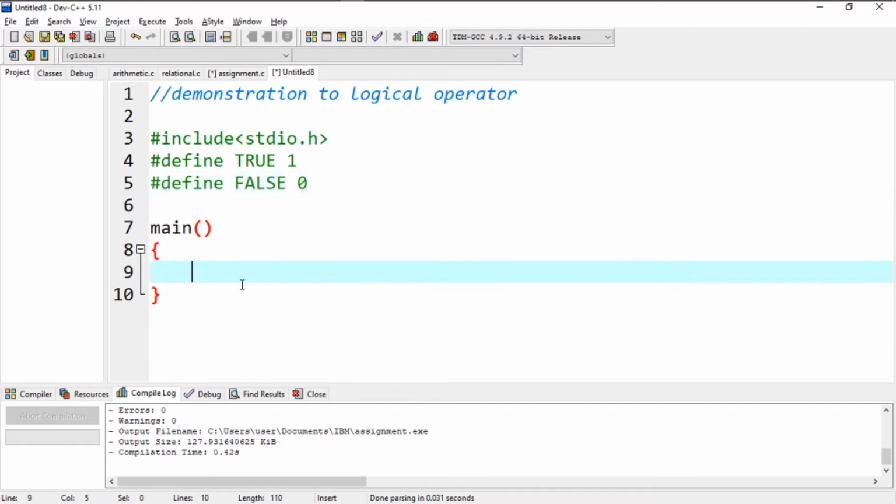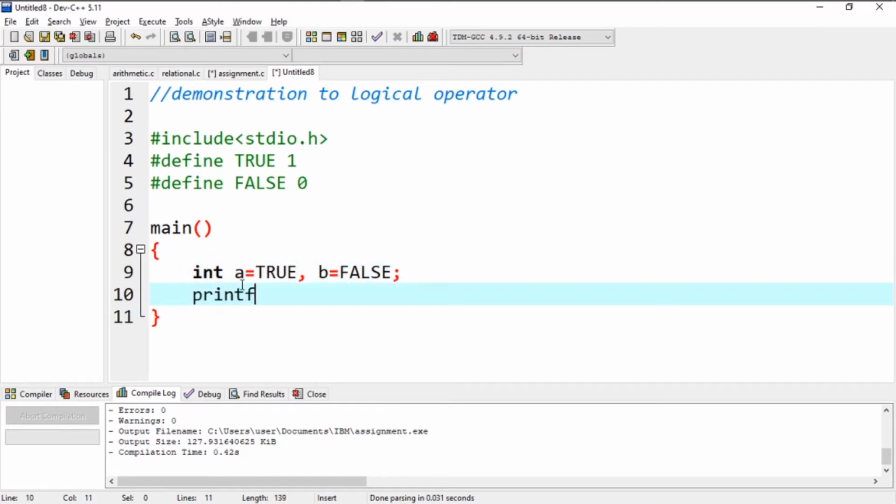So now let's initialize two variables over here, A, whose initial value will be TRUE, and B, whose value will be FALSE. So let's close it using a semicolon.